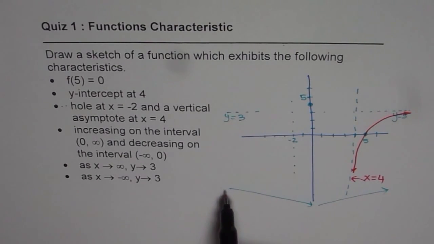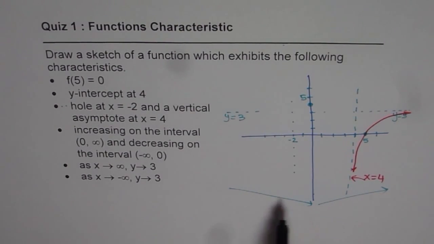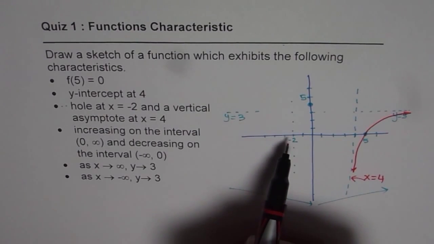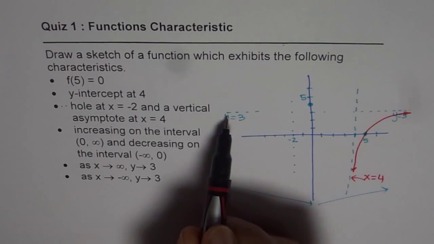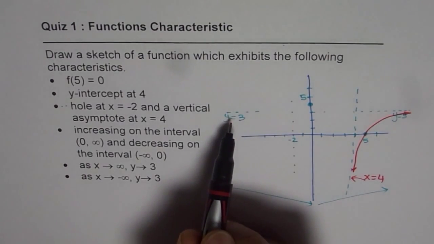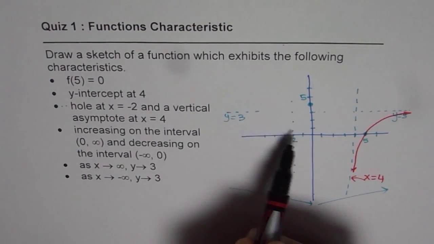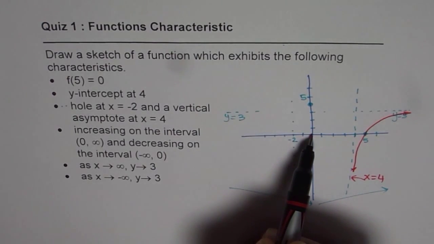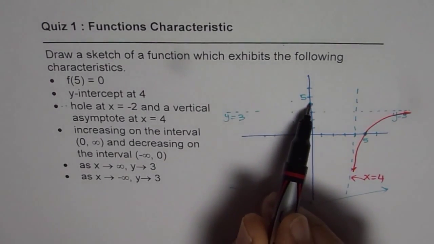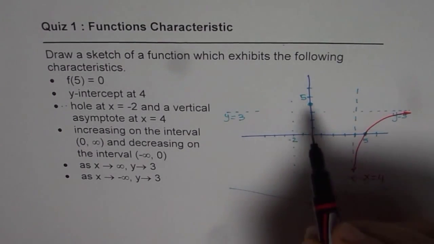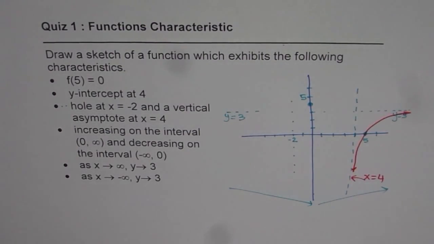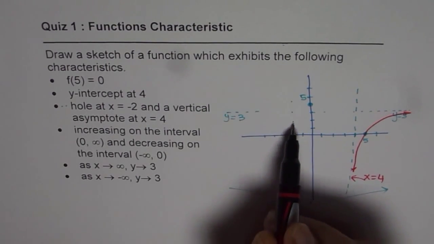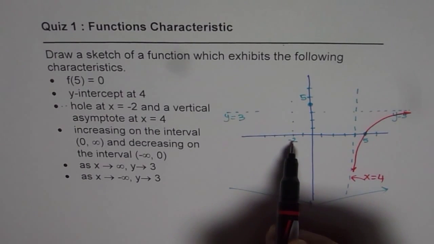On the left side we have a decreasing function. That means it has to decrease, right? And we have a horizontal asymptote and it has to decrease. So somehow with the horizontal asymptote it has to decrease, but then we have to reach the y-intercept, and from there it has to increase. So that is kind of contradictory. So what we do here is, we know we have a hole along this line where x equals